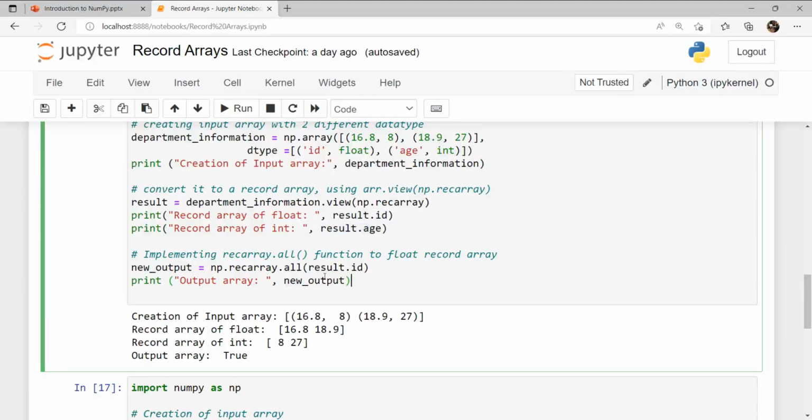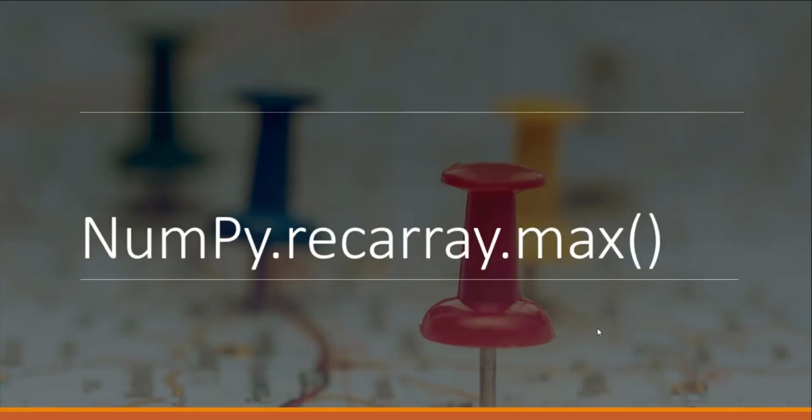So now we are going to use the np.recordarray.all function and check whether it is true or not. Within this function we have assigned result.id because we have to extract the id column. After executing this code, the output comes here, that is true. So our next method is